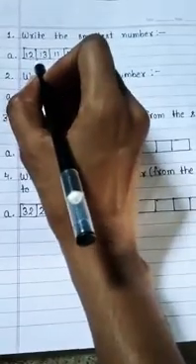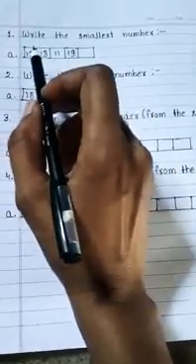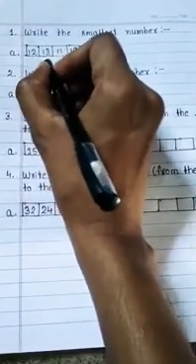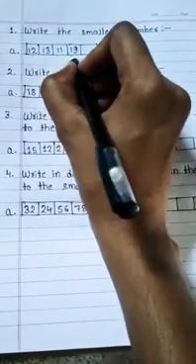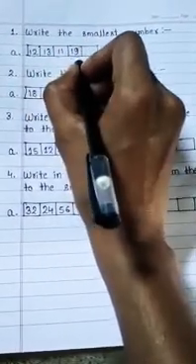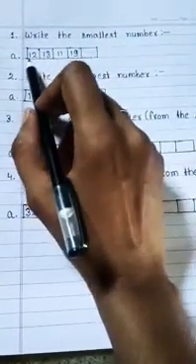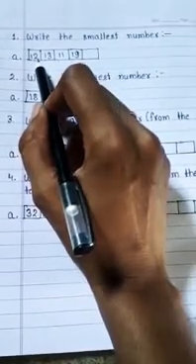I told you this is called ones place and this is tens place, okay? In 2 digit numbers, to identify the smallest number or the largest number, you have to consider the tens place digit, okay? So tens place, here tens place is 1, here is also 1, here is also 1 and here is also 1. So you can't identify which is the smallest. If we can't identify with the help of the tens place digit, then we consider the ones place digit, okay?